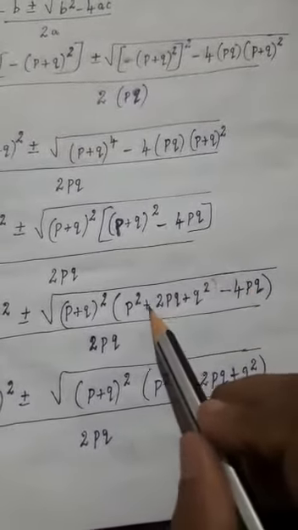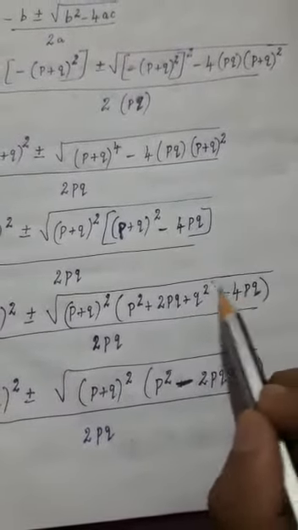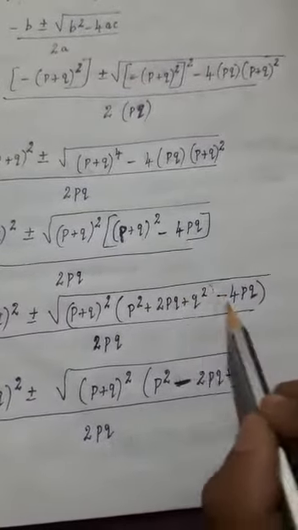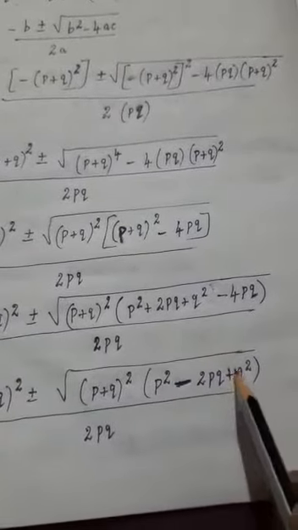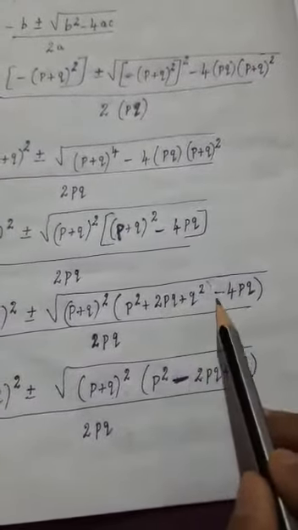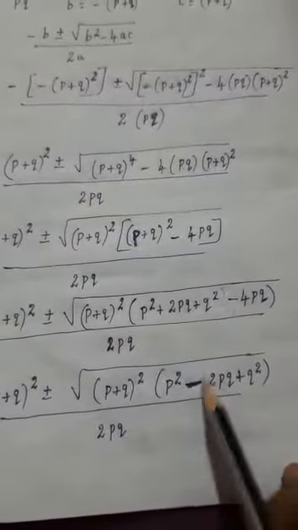So now you can simplify. Here different signs you have, here plus symbol, here minus symbol. So if different signs, for addition you have to subtract and take the biggest number's symbol. So then what will it come? Minus 2pq. Already p square plus q square, the remaining we are only simplifying. So plus 2pq minus 4pq means minus 2pq. Subtract and take the biggest number's symbol, that is minus.